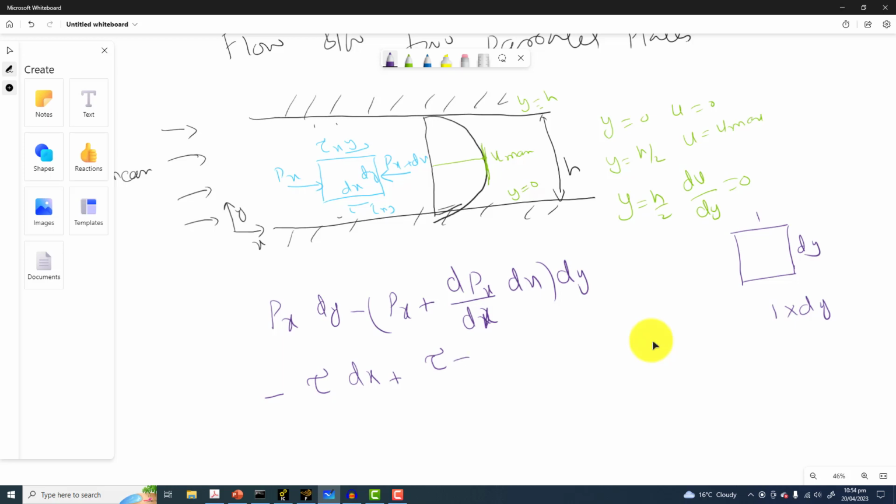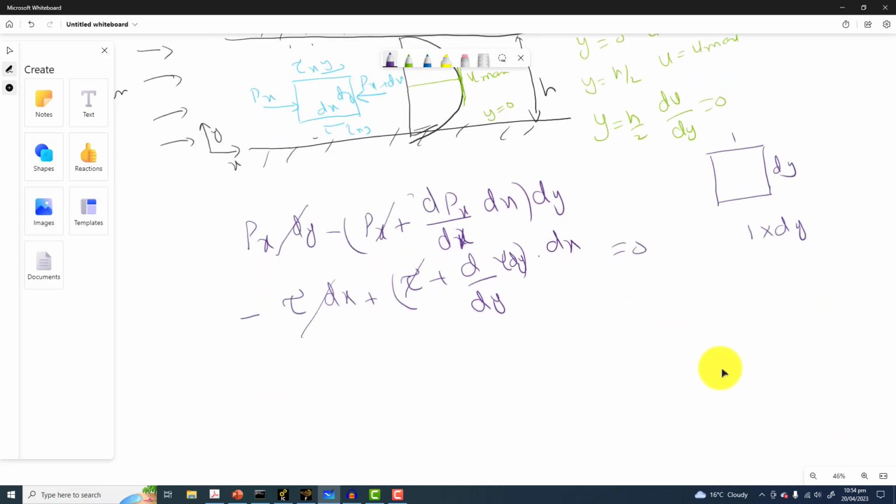So shear stress plus d by dy of shear stress, and so also the dy here into dx. Okay, so the area here is a dx is equal to 0. So we can cancel out the p dy and p dy. Similarly, shear stress into dx, shear stress into dx can be cancelled out very easily. So finally we have